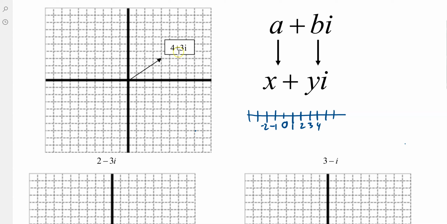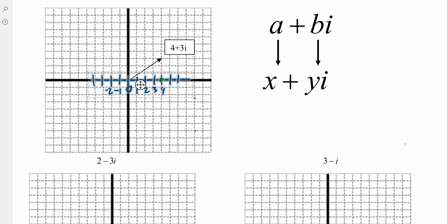So in this video, we're going to be graphing complex numbers like 4 plus 3i. So where do they fit on our number line? Well, a long time ago, if you had to graph the number 4, you would just put a dot at 4, and that's it. So now, what we're going to be doing is taking that same concept and applying it to a two-dimensional coordinate